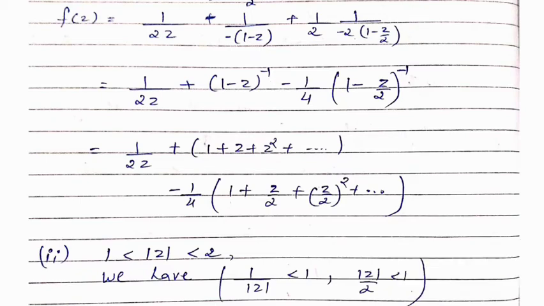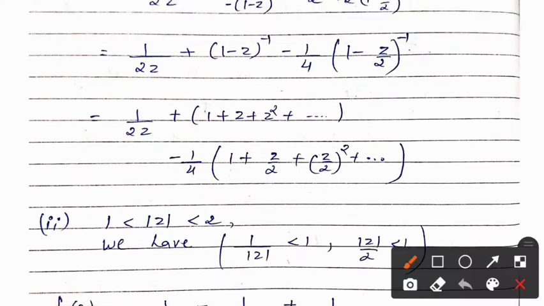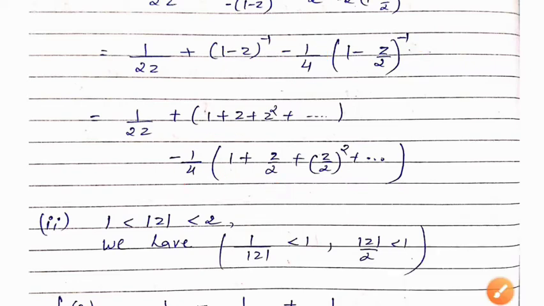See now, what is the binomial theorem? If both are of the same sign, then all will be positive. So, I will write 1 minus, this is minus and this is also minus, right? So, all the signs must be positive. So, I get 1 plus z square plus dot dot dot. Same way, this will be minus 1 by 4 over here, and here also minus, here also minus. So, I will take plus sign everywhere. So, this will be 1 plus z by 2 plus z by 2 whole square and so on.